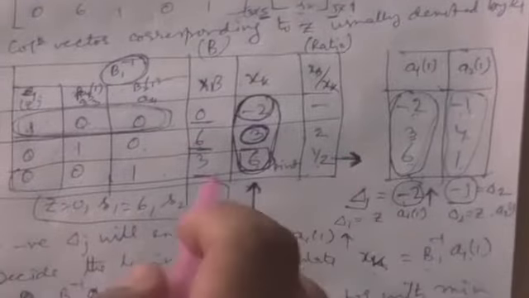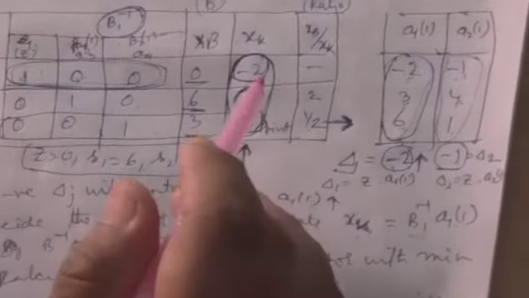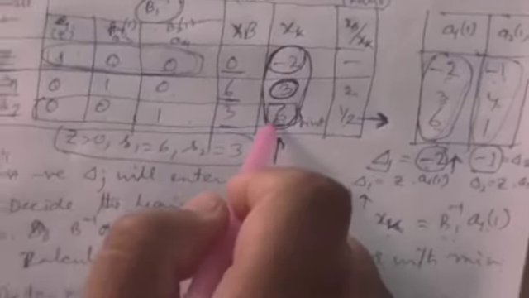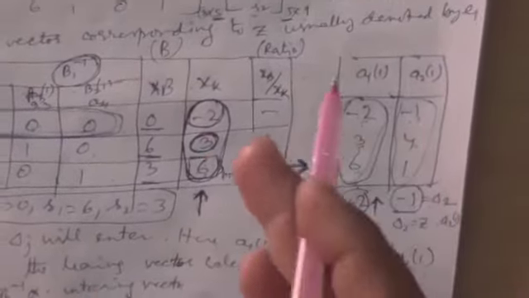So we have decided the entering vector, we have decided the leaving vector, and we have decided the pivot. Okay, now the pivot is 6. So similar to that of simplex, we will do the calculation. So step 6, determine improved solution.